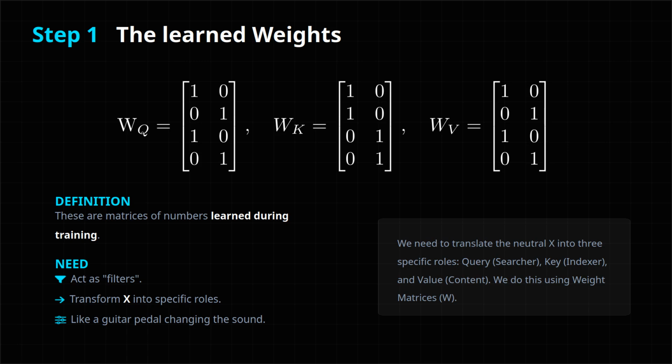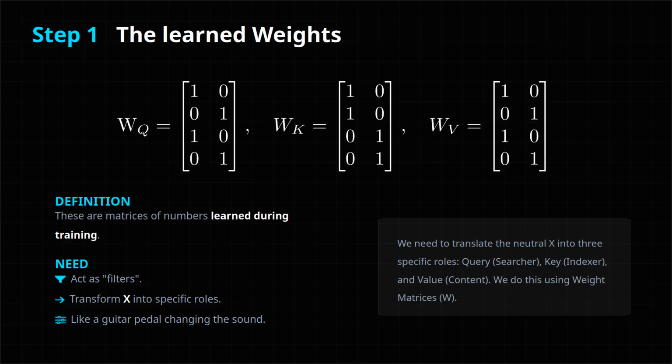We are freezing them here just to watch what one trained head does. The query weights learn how to turn a word into a search request for information. The key weights learn how to turn a word into a kind of label that can be searched. The value weights learn how to represent the actual content the word is carrying. Our little 4x2 matrices are just cartoon versions of those huge, real ones. They let us see the exact same operations the big models do, but with numbers that fit on a slide